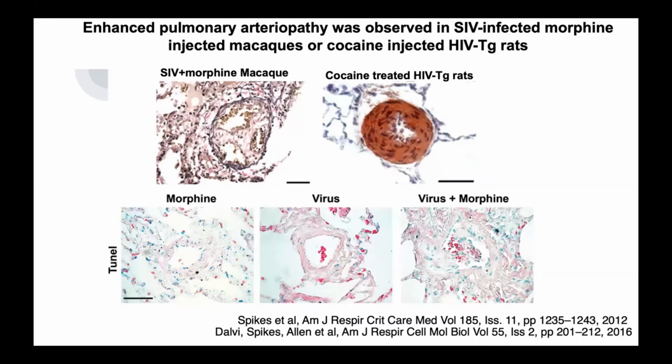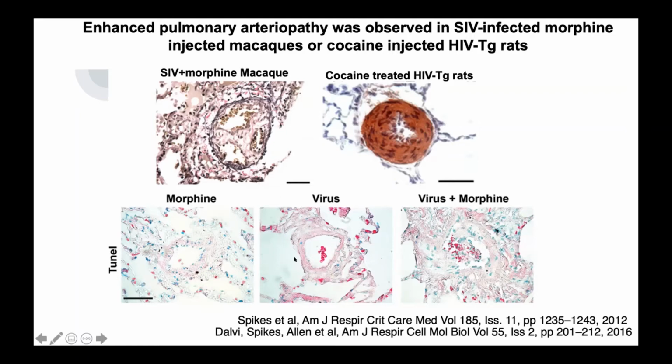Reed's group, and this is a rat model which expresses 7 out of 9 genes of the HIV genome. The GAG and polymerase genes are deleted, but it expresses all the other HIV proteins like TAT, GP120, and NEF. So you can see here and appreciate that there is severe vascular remodeling and a lot of smooth muscle thickening, which has led to almost an occlusion of the vessel in these rats.